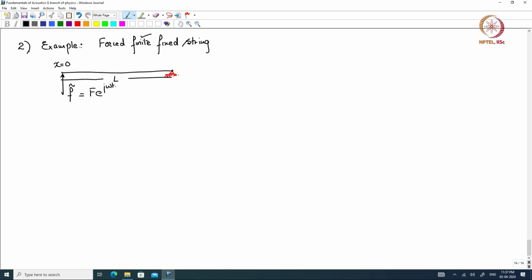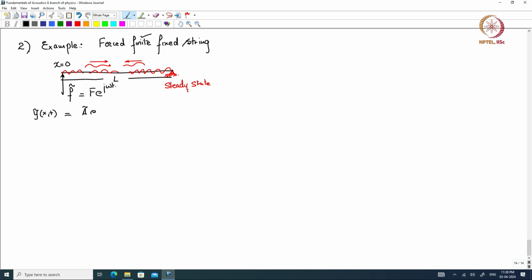So now let me just give you a physical picture. When I start exciting the string over here, then waves are set forth, they go to the right. Here there is a discontinuity, the string is fixed. So there will be reflections from the fixed point, and then the incident and the reflected waves will start interfering. And the final response will be due to a right travelling wave and a left travelling wave. Here also we are looking at the steady state, which means there could be transients which have died out due to an imaginary superposed dissipative mechanism which we do not introduce mathematically. So now in this case my solution will have both components,